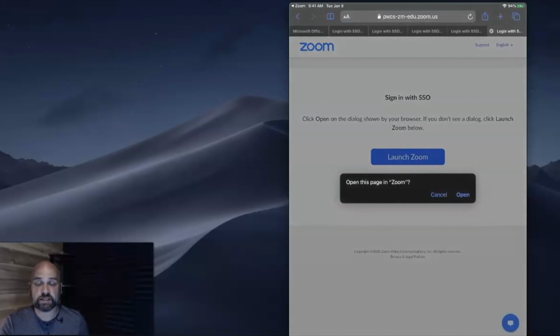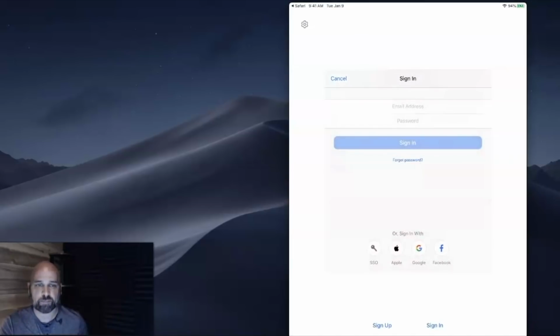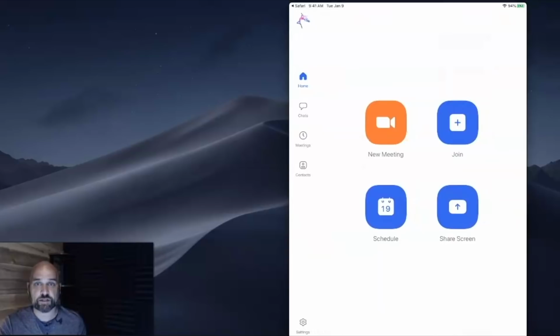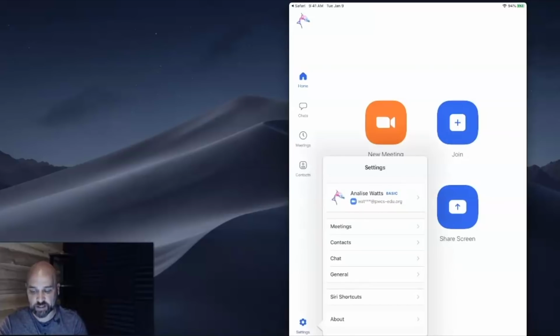It's going to ask me to sign into my email, but since it's my device, I'm already signed into my school email, so I click Open. It's going to bring me back to the Zoom application, and I can join any meeting if my teacher is giving me the code. I can check that I'm signed in by clicking on the gear and seeing my name